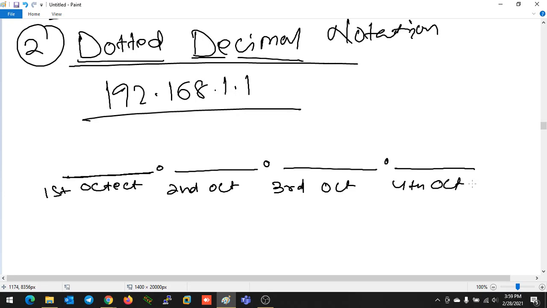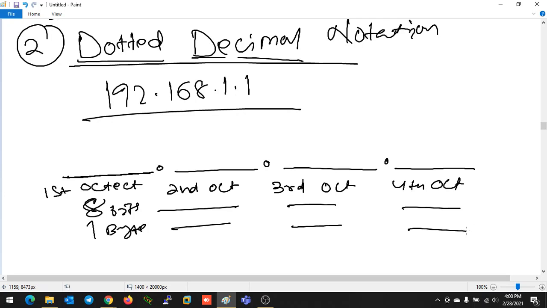So what happened right now? The 32-bit IP address has been divided into 4 octets, or 4 parts. That part is known as an octet. All the octets are 8 bits, or 1 byte, in size. This is also the same, this is also the same.